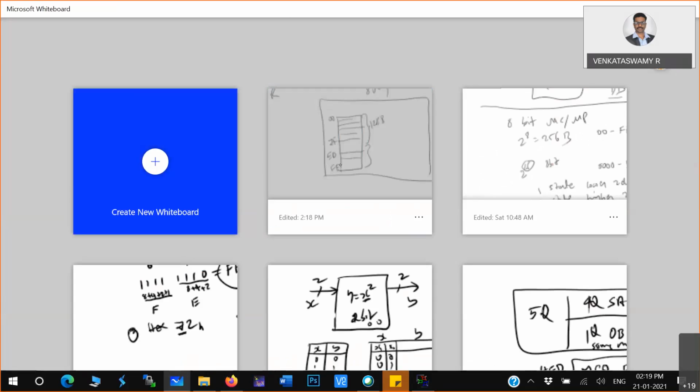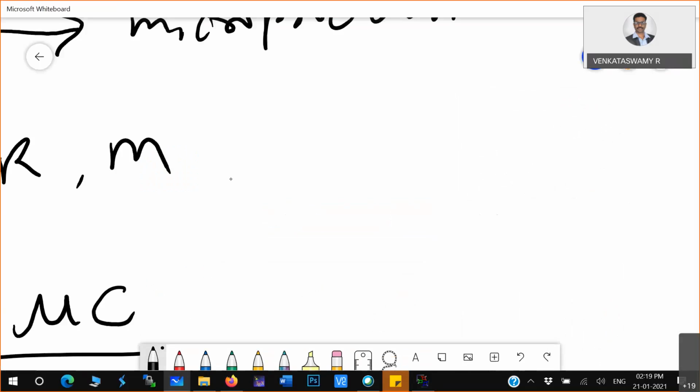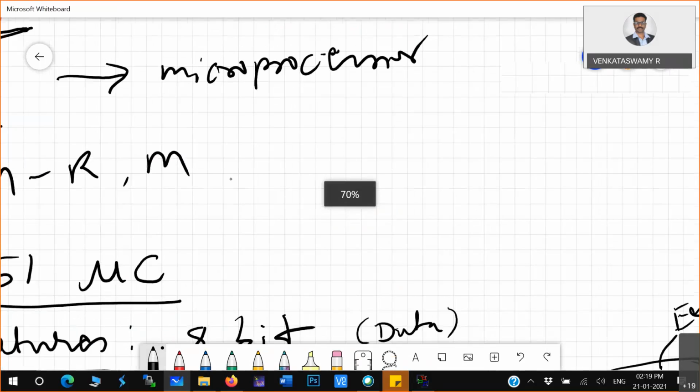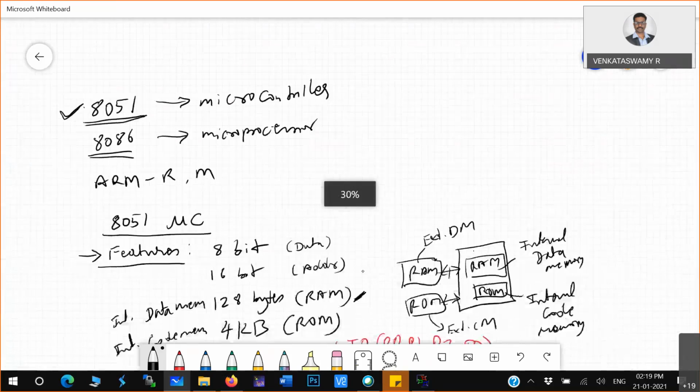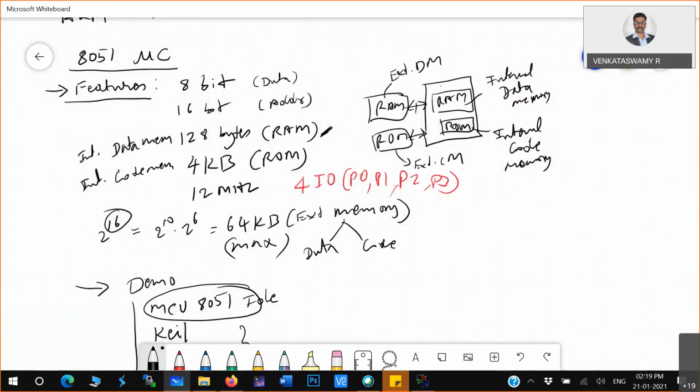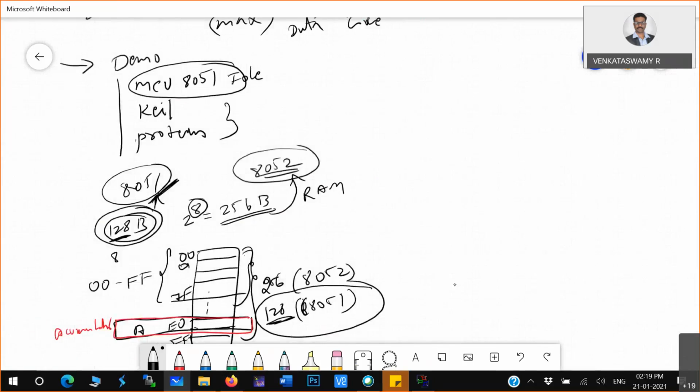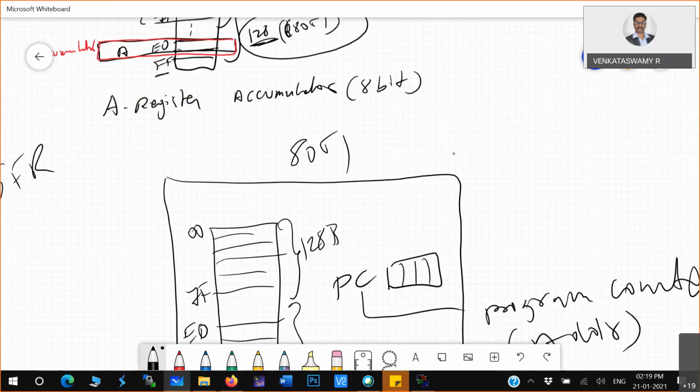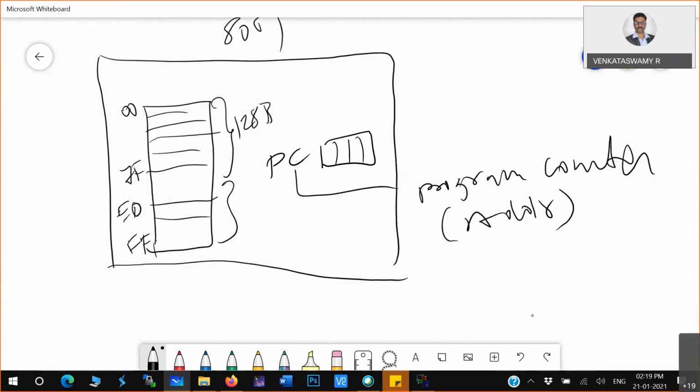Whenever you do any operation in a microcontroller or microprocessor, sequential things will be executed every time, and the program counter will change. You understood?